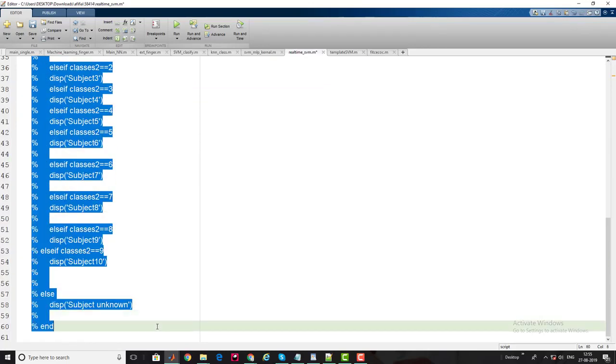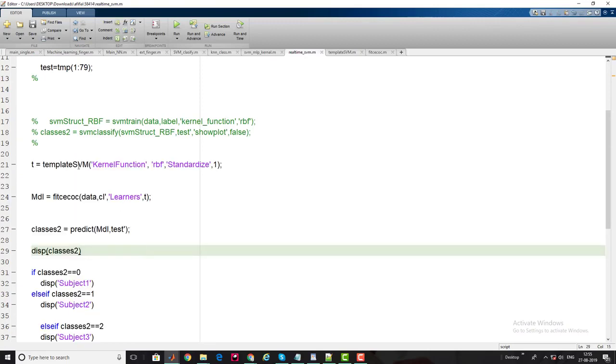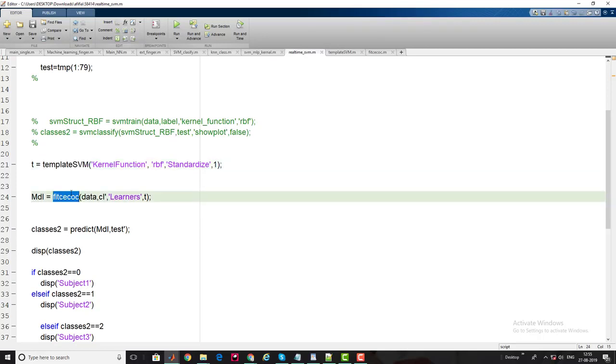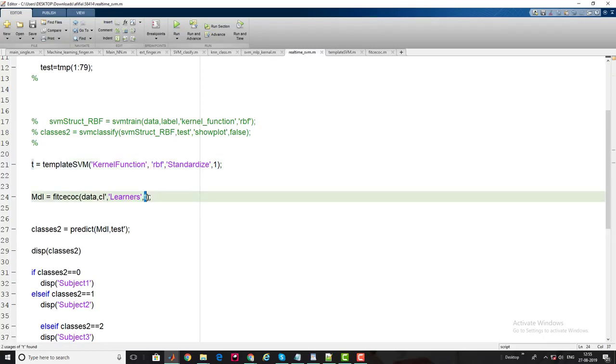I hope you understand why most people are not able to perform SVM classification for a multi-class system. Now, how we can do it is by making a template of the support vector machine, initializing the kernel as RBF here. This template will be passed to the fitcecoc function, a classification learner function used for learning with support vector machines, and whatever kernel function I initialize here is the background mathematics this classification system will use.